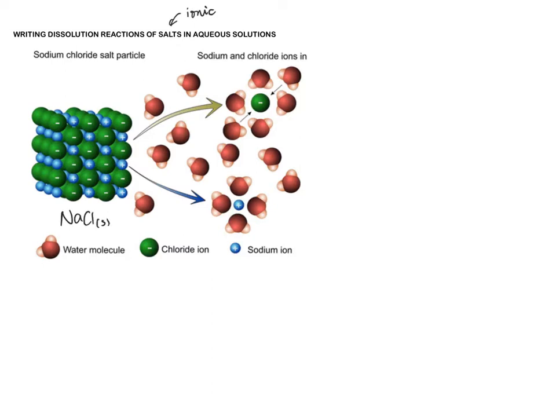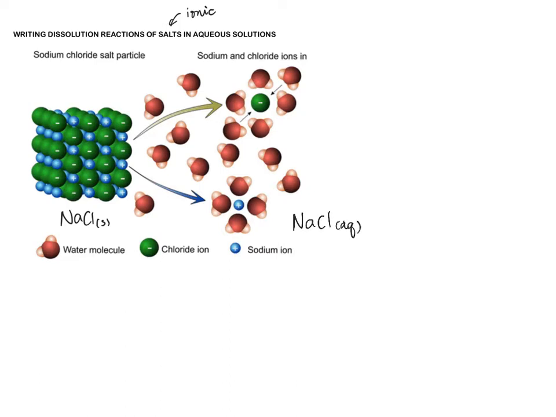Now you can see here that the blue positive ion represents sodium ion, and the green one is represented by the chloride ion. And there's an alternating positive and negative in the whole crystal structure of the salt. And these ions are held by what we call electrostatic forces, where the positive is attracted to a negative. When sodium chloride is dissolved in water, we can actually represent that with a symbol like sodium chloride